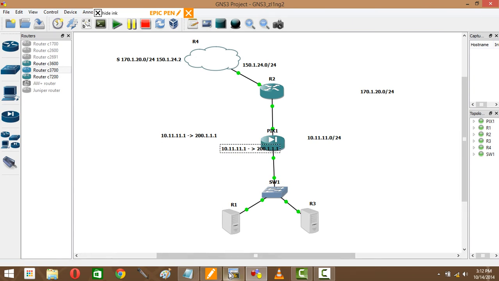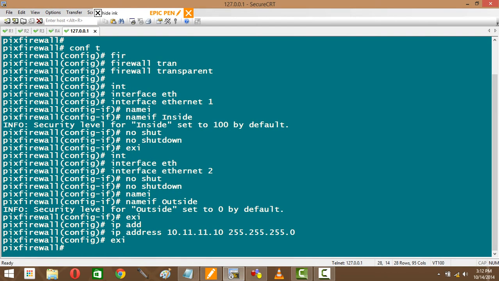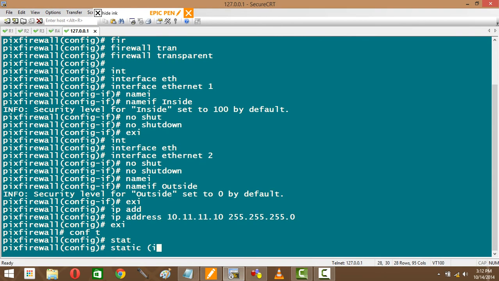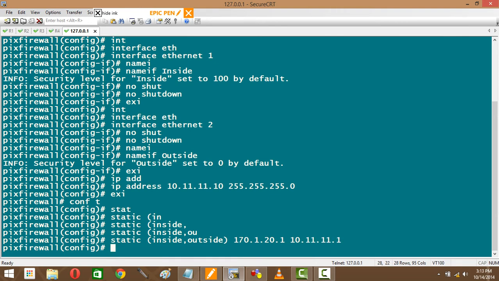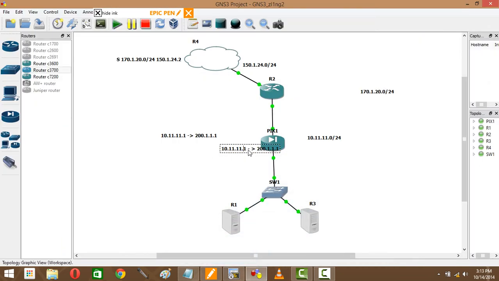Okay, let's do that on the PIX. How do you do it? Static inside, outside. Outside address is 20.1. Inside is the original address. Done. That's all I needed to do. So now the source changes to 20.1. Since the firewall doesn't care about the destination and where the packet is going, it'll forward it out